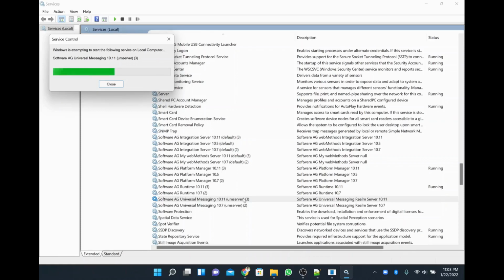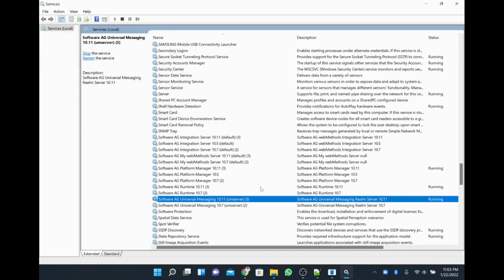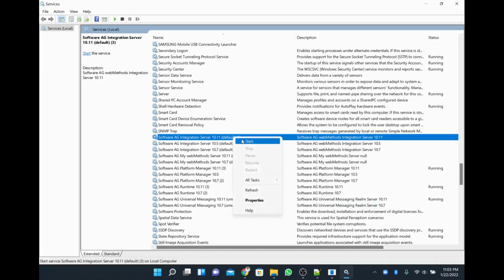And once this is up, I'll just start the integration server so that we can verify whether all our installation is working fine or not. Now the universal messaging is coming up, and this will run on a default port called 9000. So this is running now, and now I'll go and start the integration server, which is this one,